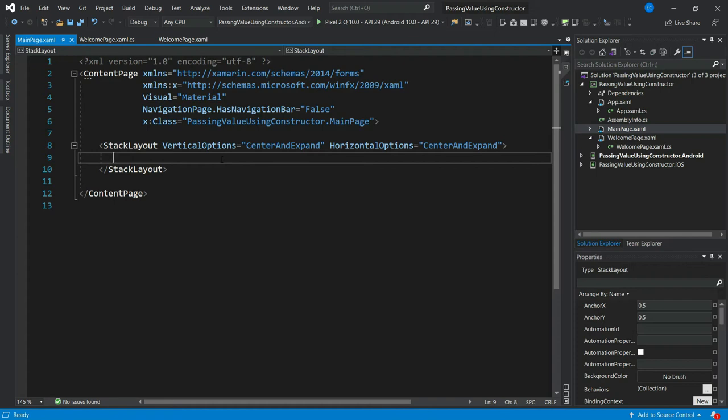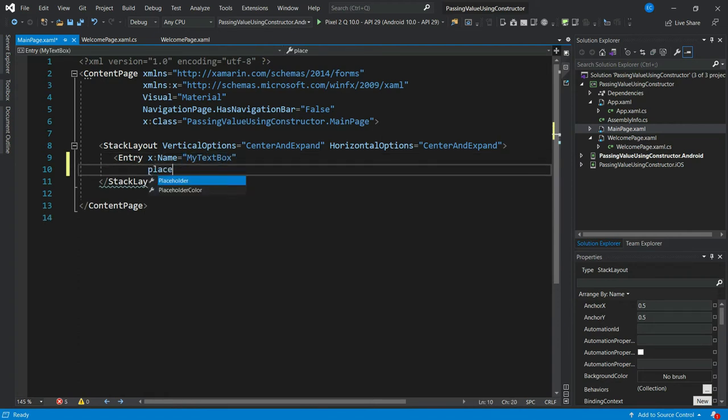So let's first create an entry box. Entry name is equal to my text box. Placeholder: enter your name.